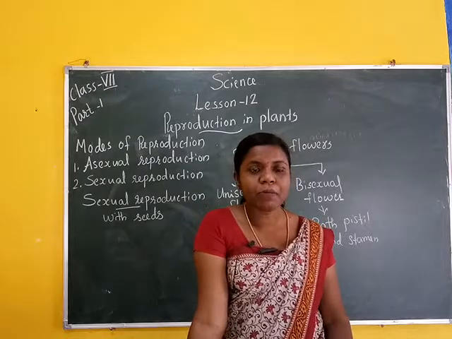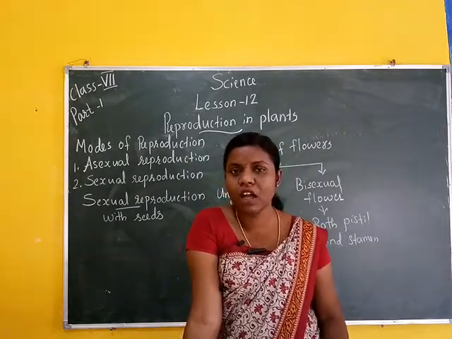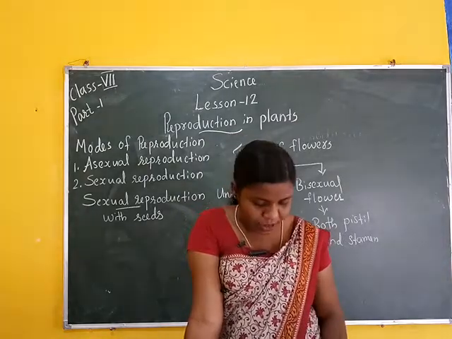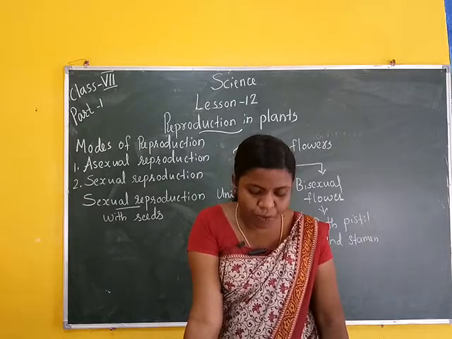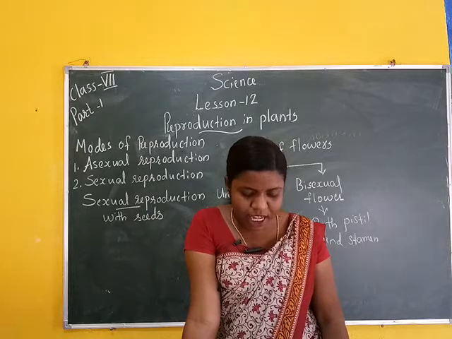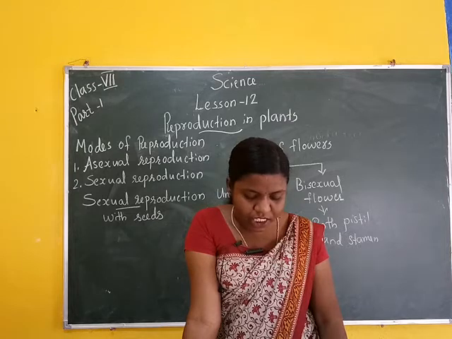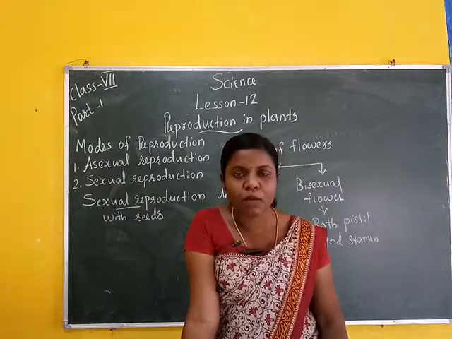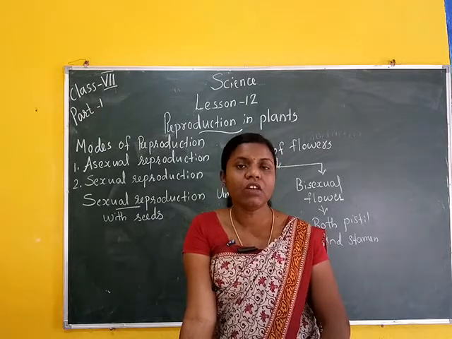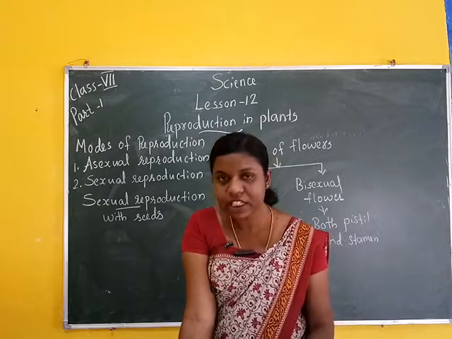Then there are pollinating agents, for example wind, water and animals. Pollen grains have a tough protective coat which prevents them from drying up. Since pollen grains are light, they can be carried by wind or water. Insects visit flowers and carry away pollen on their bodies. So the carriers of pollen grains are wind, water and animals or insects.